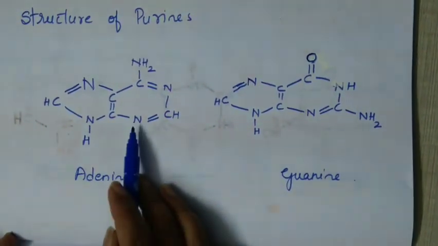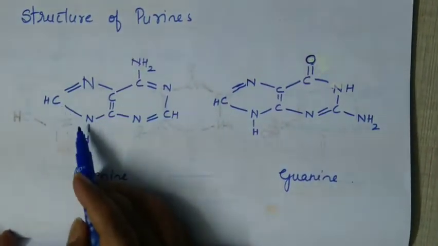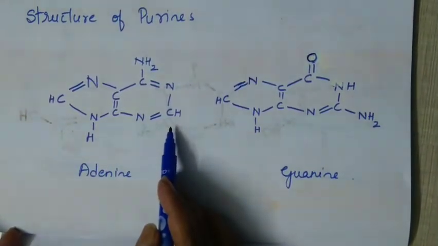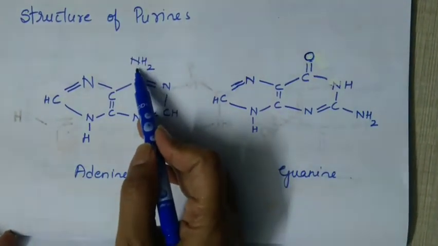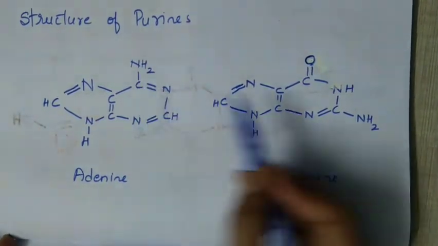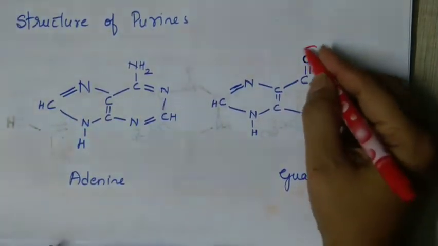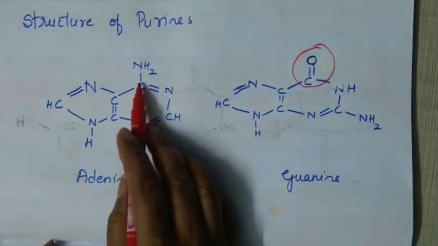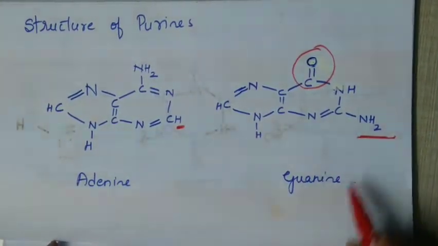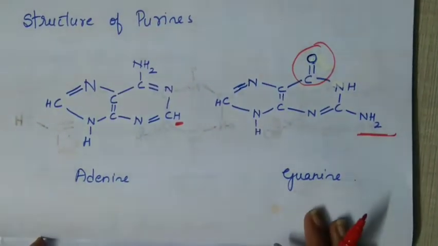So now this is the structure of adenine. Closely look at the structure of adenine. Again it is a heterocyclic compound. To this cyclic compound you have an adjacent cyclic molecule on the side. So this is adenine. Here on this carbon atom you have an NH2 group. In case of guanine, this NH2 group is replaced by a C double bond O group as shown here. In place of NH2 you have a C double bond O group. Everything remains the same and this H is replaced by NH2. That is the structure of guanine. So practice one structure and you will be able to remember the other one.